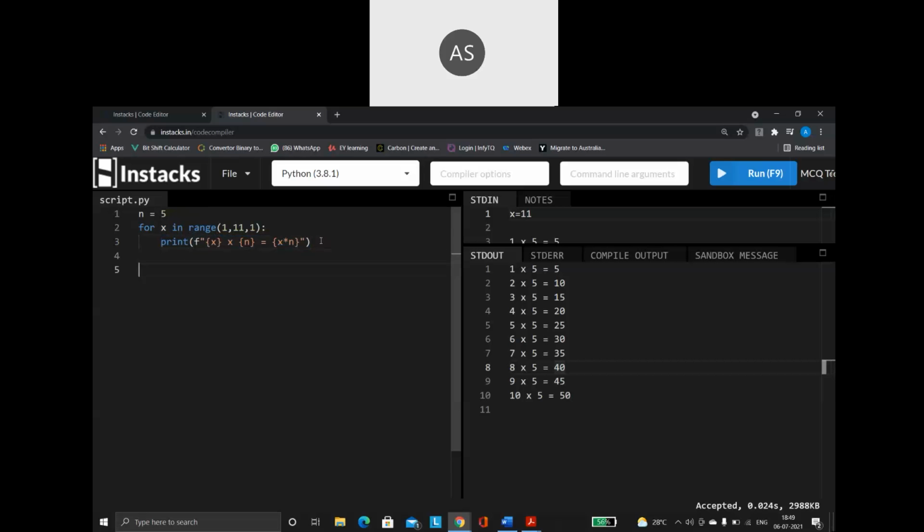Let us take another example here. Let us first print an empty print statement. You know the empty print statement is going to just give a space in between. An empty line will be printed. Now I am saying for i in range of 1 to 6. That means 5 times, 1 to 5. I am giving the step value again as 1. Then I am saying print welcome to Python.